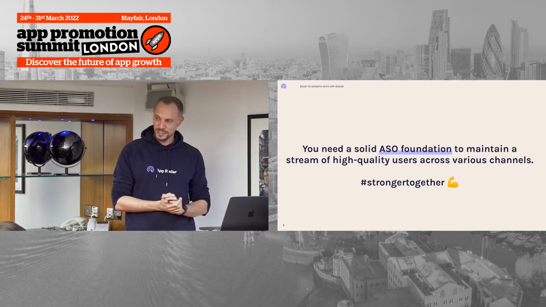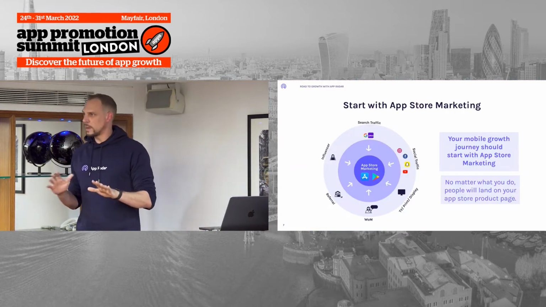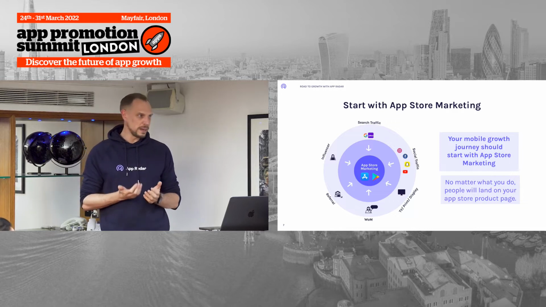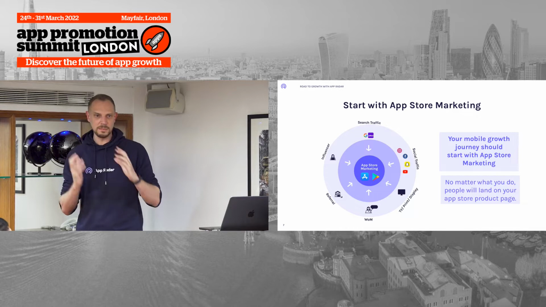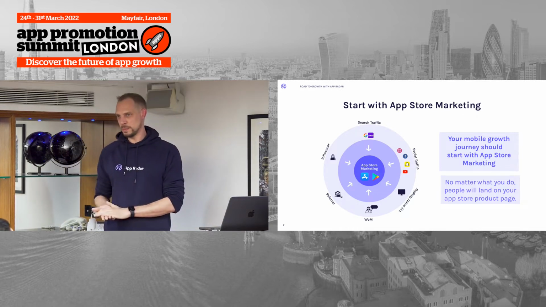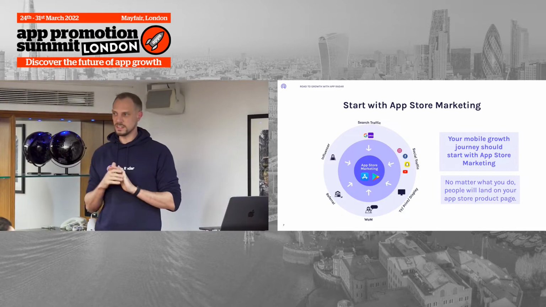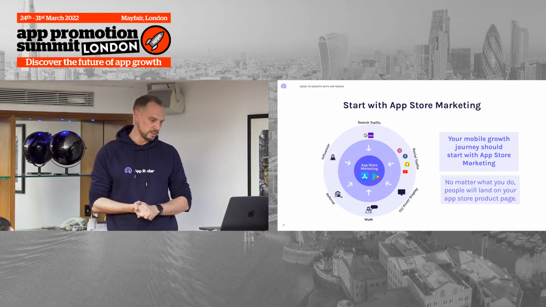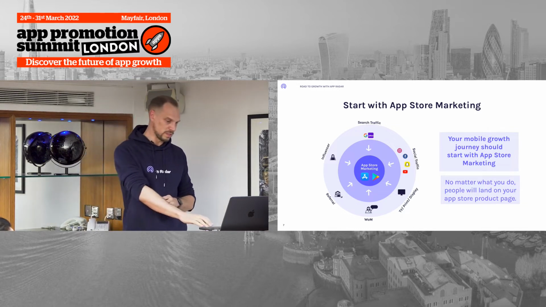Because ASO is really the foundation, it doesn't matter which kind of marketing activities or campaigns you're running. At the end of the day, every user that somehow sees your ad, or sees your app out there, will land on the App Store page, and this is the most important breaking point of the complete user acquisition funnel. Therefore, it is very important that App Store optimization should be the starting point of your strategy when you think about how you can scale up your app and acquire more users.